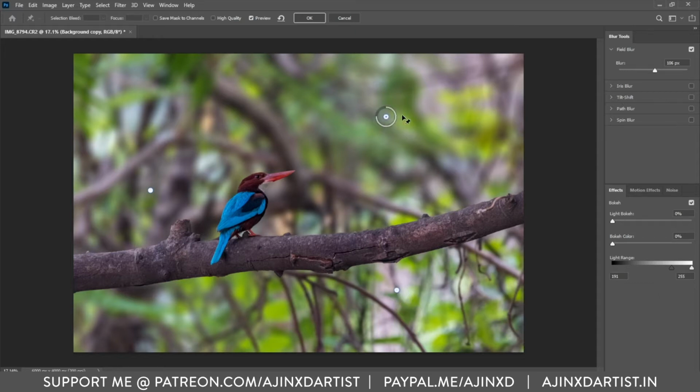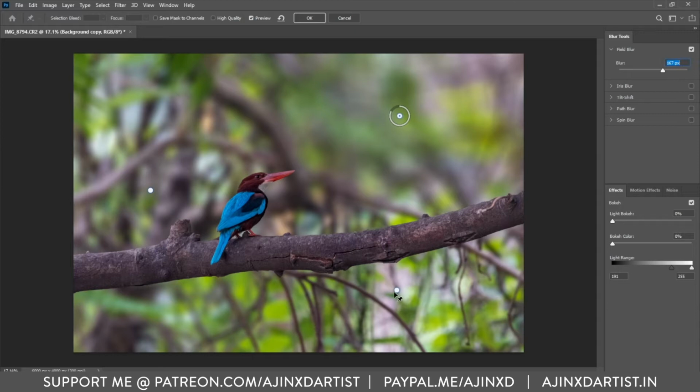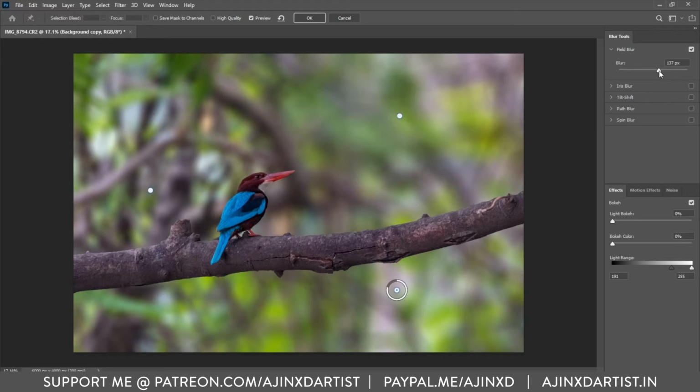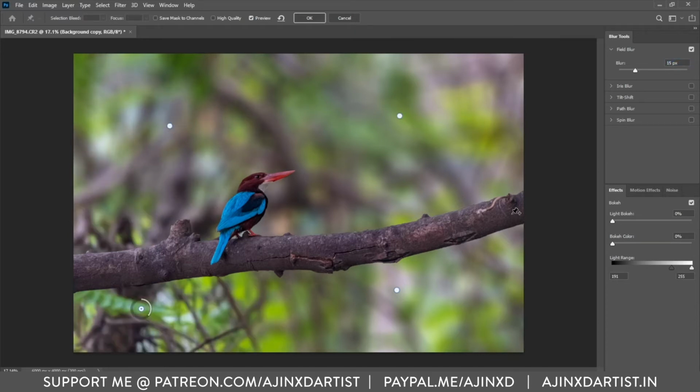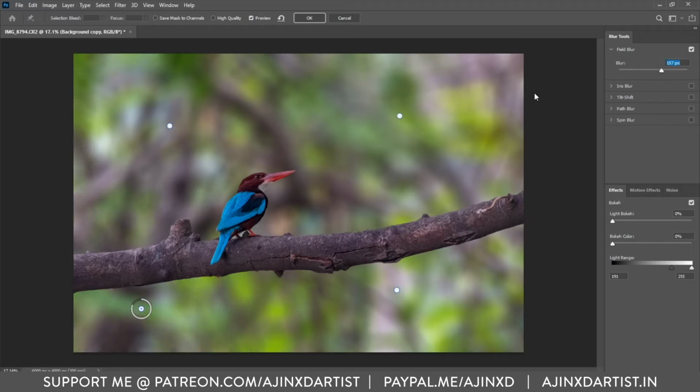This step depends on your image entirely, how far away the subject is from the background or how much blur you want to apply to the final image. This depends completely on your liking, so follow your gut to keep it natural. I'm happy with this, so we'll continue.